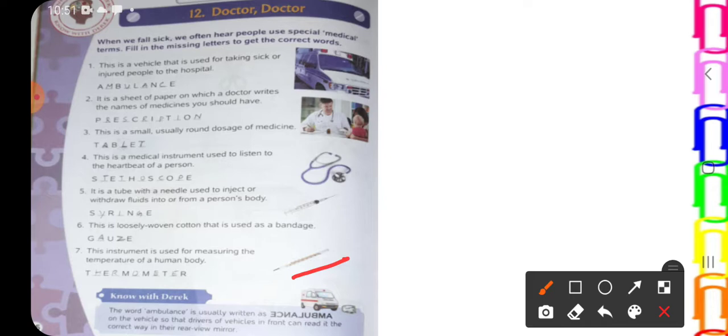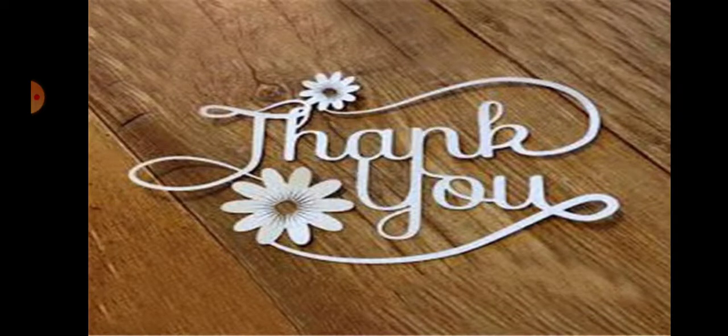Okay, so this is all about the medical instruments which usually are used. These are some of the words which are very, very important in the medical terms. So you should know about it. So this is the end of this page number 16, children. So we are going to do only these 2 pages today. All right, this much for today, children.